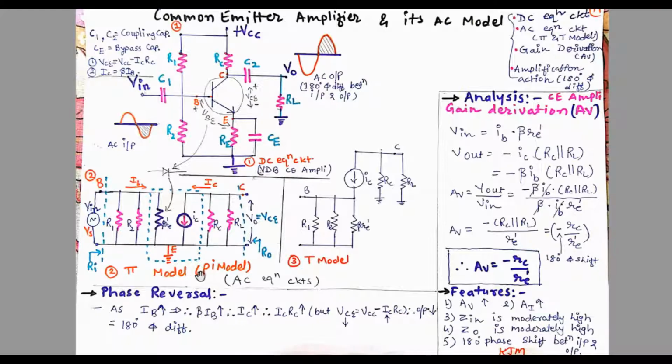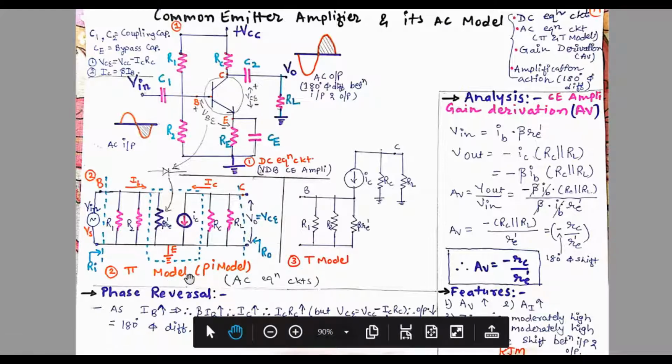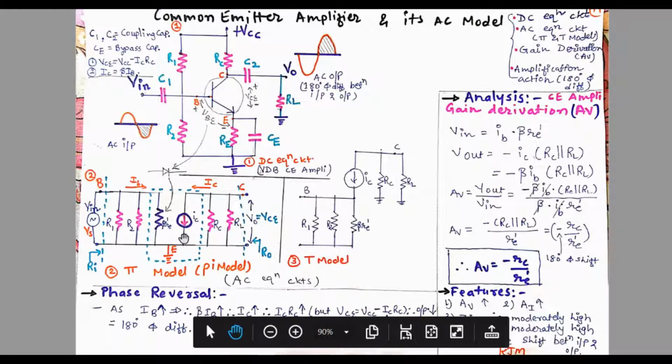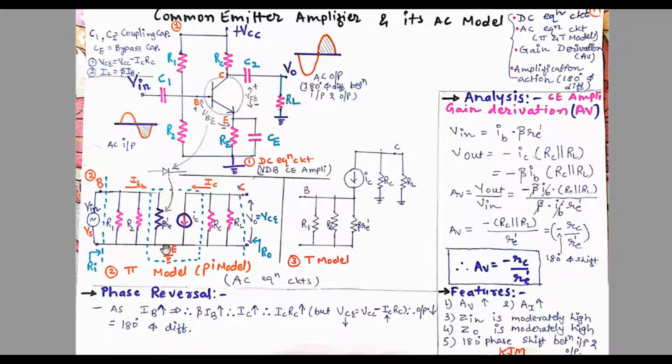Remember students, this AC model or pi model is an assumed model from the DC equivalent circuit. So first of all, you will have to draw the ground line. You will have to design the pi shape. Then you will start to put the components, one side left side, that is input side, and second side, that is output side, here that is output loop. So you can give the names. This is base, collector and emitter.